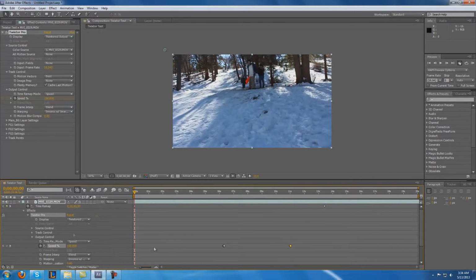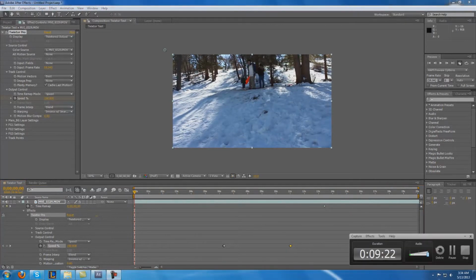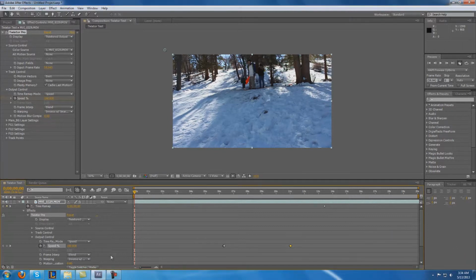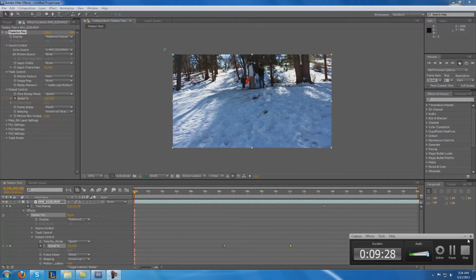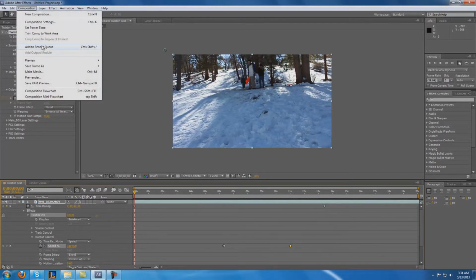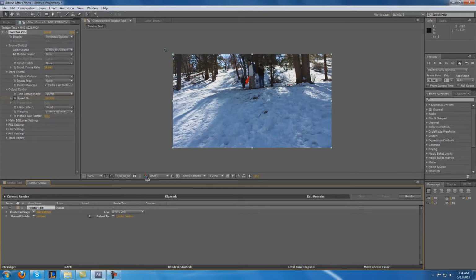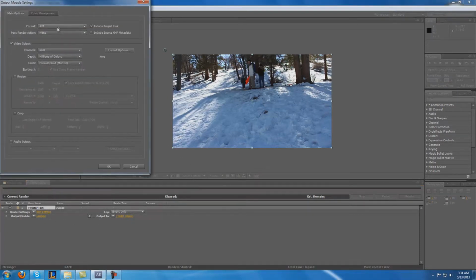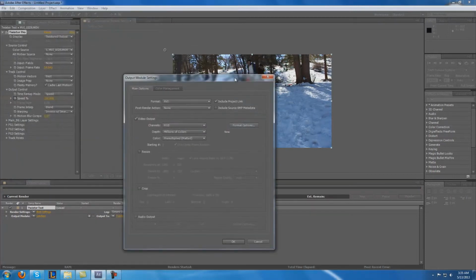So I'm going to go ahead and render this out for you guys and show you what it looks like. So I will be right back. You know what, I'm actually just going to show you guys how I'm going to render it out. So go up here to Composition, Add to Render Queue, and let's see here. Under Output Module,